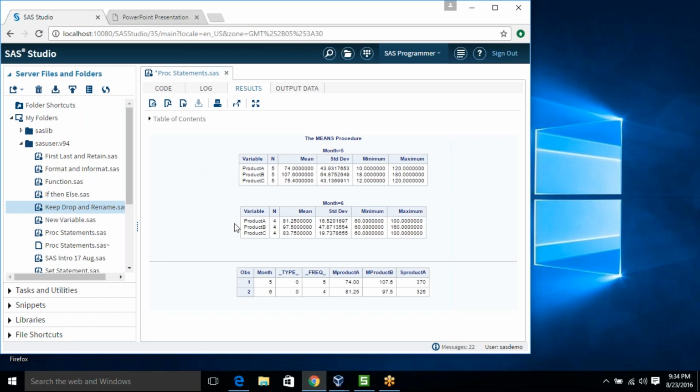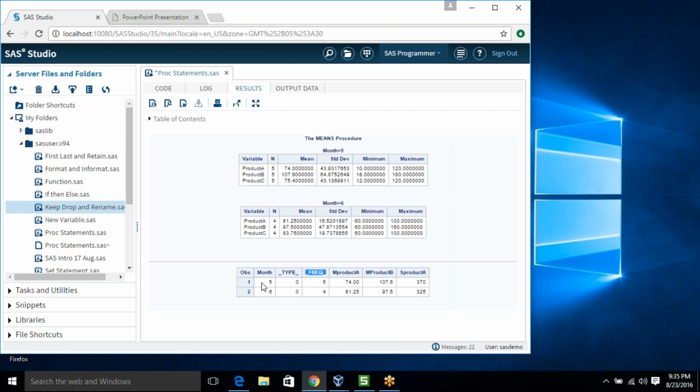So you can see down here, this will be your output data. So month 5 and 6. Type, I will talk about it later. Frequency is your count.